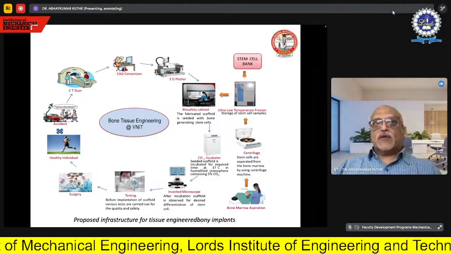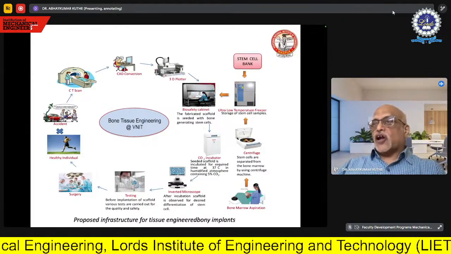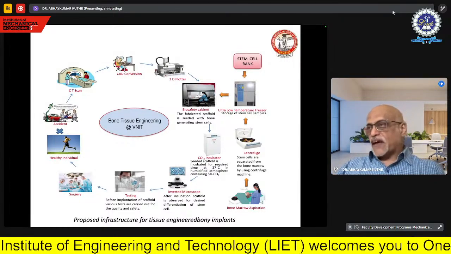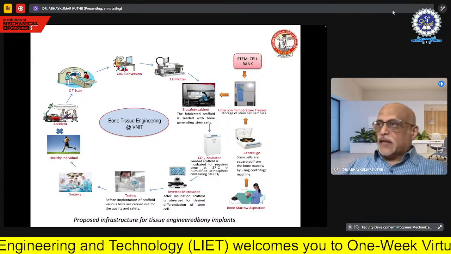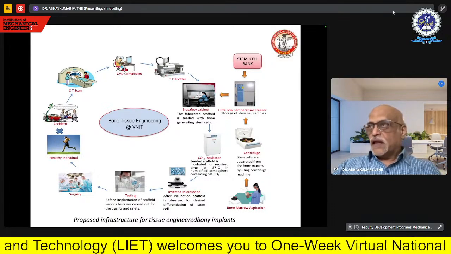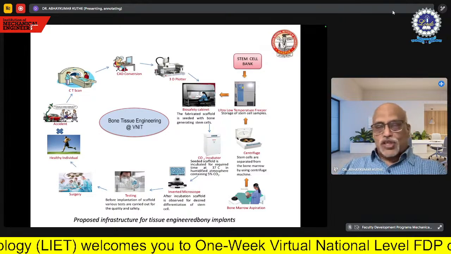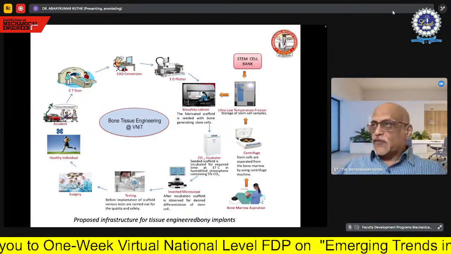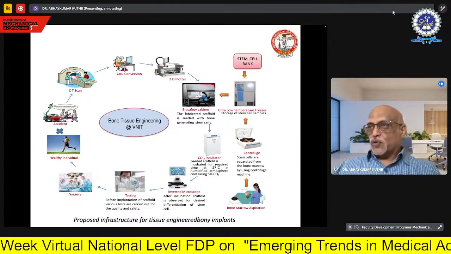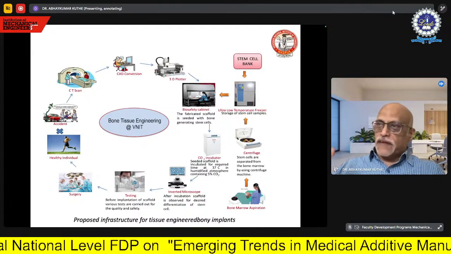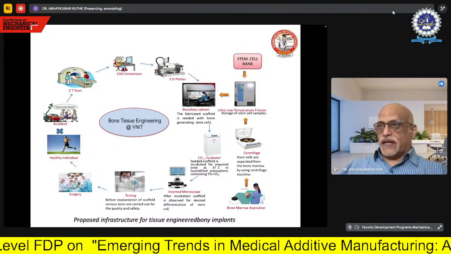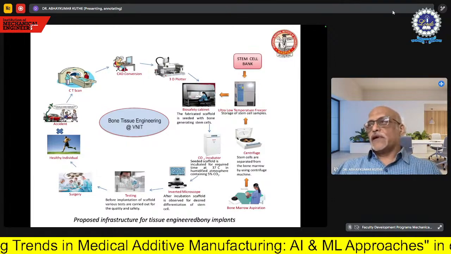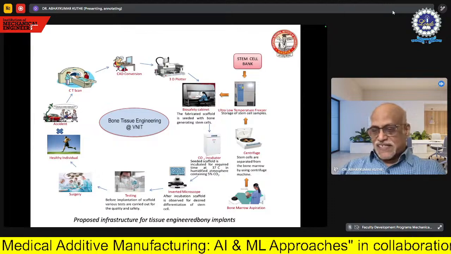because ultimately I think you are all aware that organ transplantation is a big issue, because there are very few donors and a very large number of acceptors. So ultimately many people die just because the organs are not available. And so what is the solution to that? The solution to that is tissue engineering. And that's what we generally say, organs grown in the lab is possible through this particular approach, though it will take some more time. But if we can research in this particular domain, the day is not far off when it will be possible to develop an organ in the lab and finally implant that organ into the patient's body. So this is how the thing is.